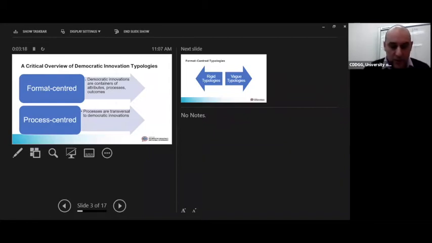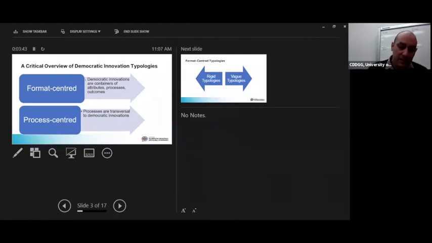How has democratic innovation been considered by the literature up to now? Up to now, we find two specific approaches in classifying democratic innovation. A good overview of this can be found in Elstub and Escobar's book chapter in the Handbook of Democratic Innovation and Governance. The first way to typologize democratic innovation is a format-centered approach, which considers democratic innovation